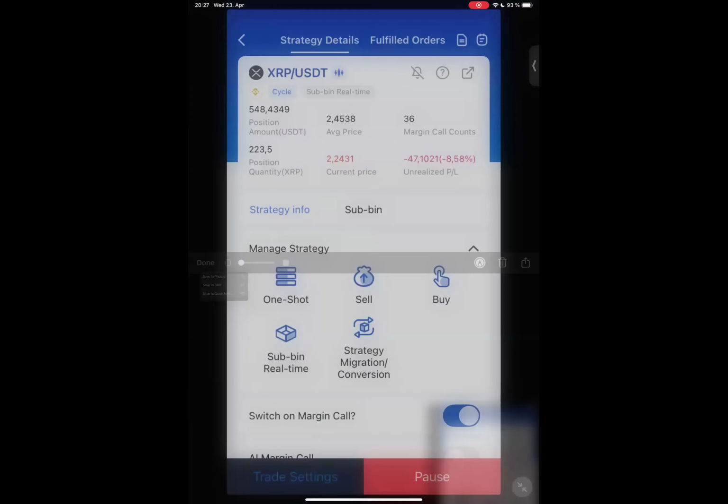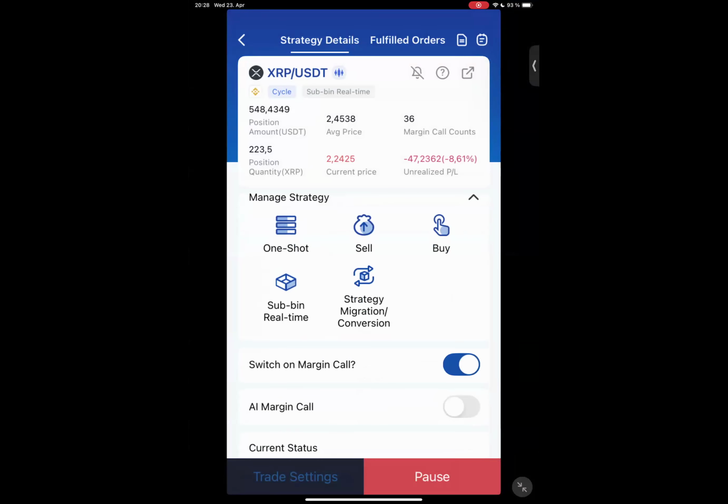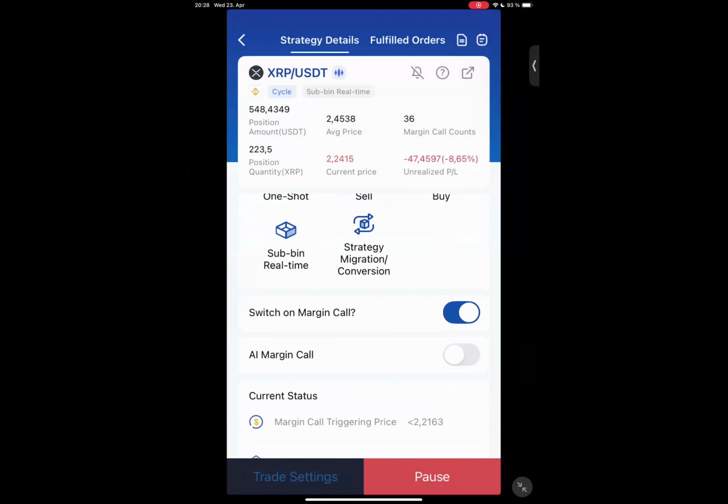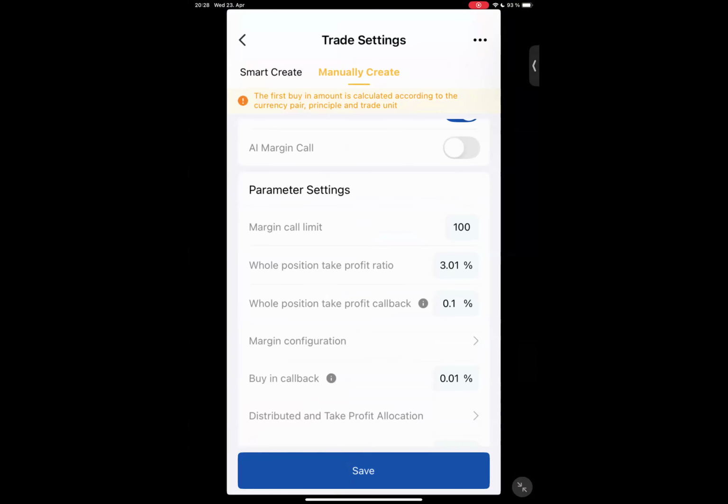Some people also pause to take more profit. There are some people who want to make 100%, 50% more than the 30% profit we can set our trade on. When you tap on trade settings,